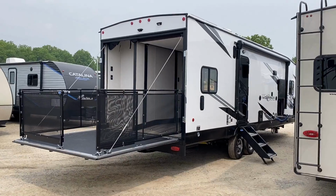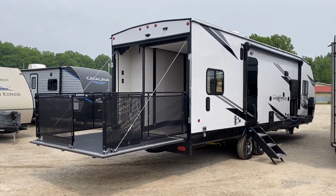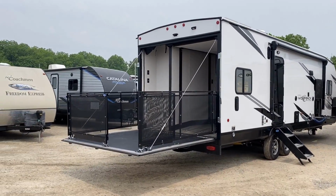I don't recommend doing it in the rain, though, because the slide seals aren't fully engaged if you do that, and that could land you in a hairy situation. And if you can manage that, well, hats off to you. Alright, so one of the hitches in this one's britches is the fact that I do not consider